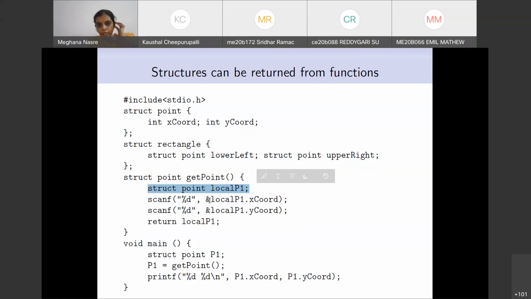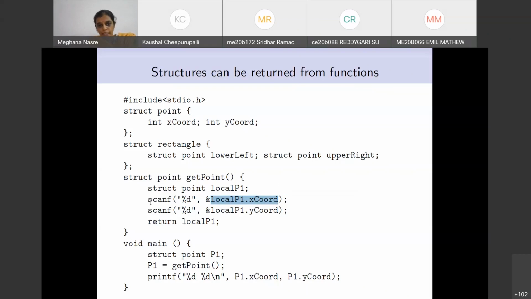And whenever I am going to take the x coordinate and y coordinate, they are in fact going to be for this local P1. So this, ampersand of local P1 dot x coordinate, means that I'm going to go to this local P1 x coordinate, whatever is the space given to it, and take the address of that. So you can read this as ampersand of bracket local P1 dot x coordinate. Similarly, local P1 dot y coordinate.